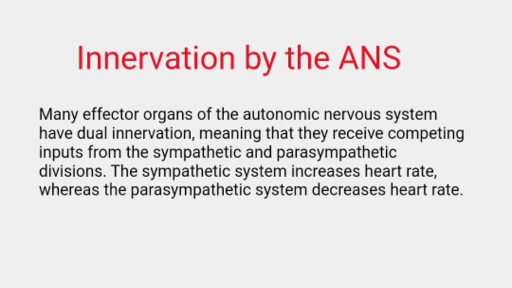Organs receiving only sympathetic innervation. Although most tissues receive dual innervation, some effector organs such as the adrenal medulla, kidney, pilomotor muscles, and sweat glands receive innervation only from the sympathetic system. The control of blood pressure is also mainly a sympathetic activity with essentially no participation by the parasympathetic system.